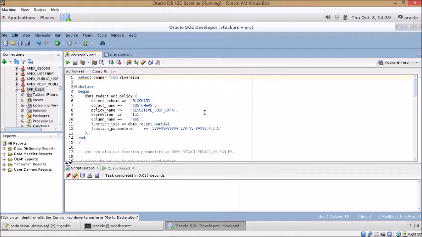All right, we're going to do a quick demo on redaction. With redaction, what we're doing is redacting information as it comes out of the database. In the past, we had applications that redacted the information at the screen. The problem with that is the data was still leaving the database. So we have a table here,